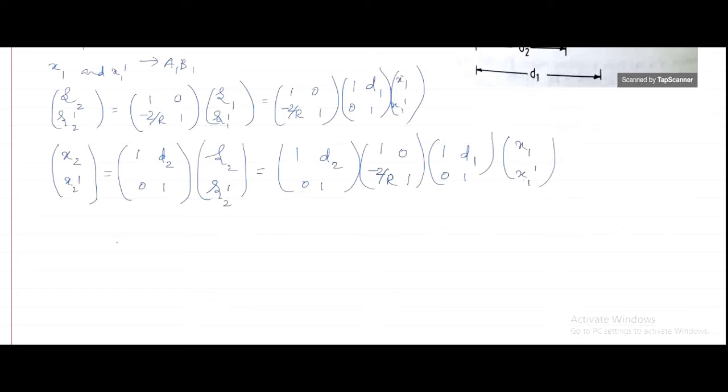Hence, the matrix for the traversal from the plane A1 B1 to A2 B2 through a mirror will be